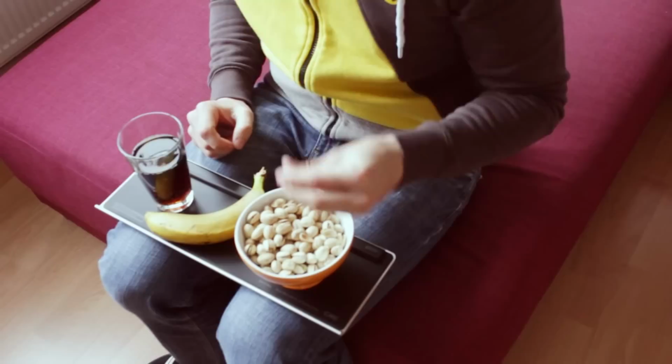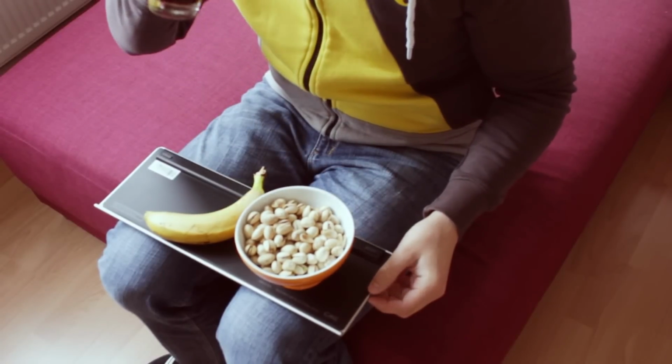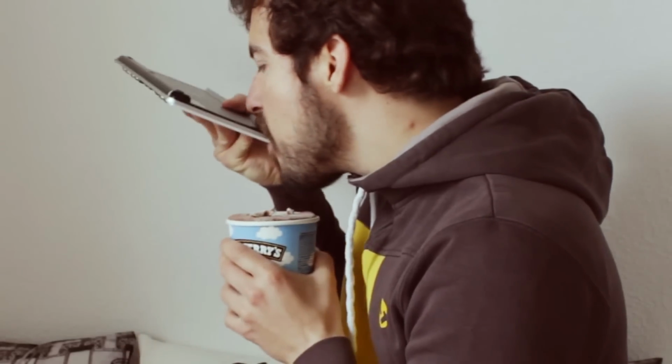It's also useful as a food tray when you're watching movies on the couch, and it's great for eating ice cream. And it's also great for...